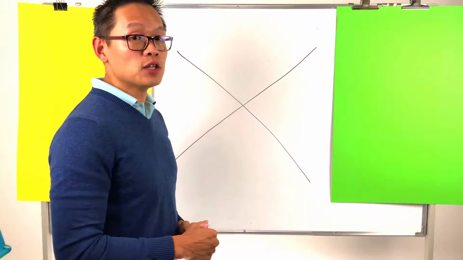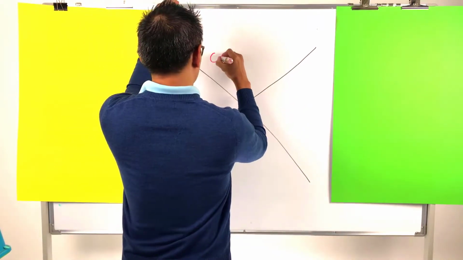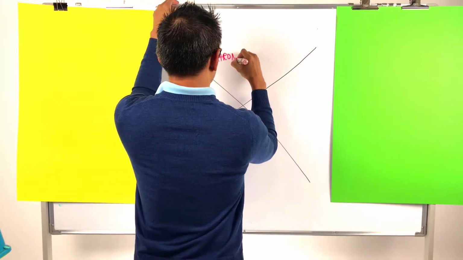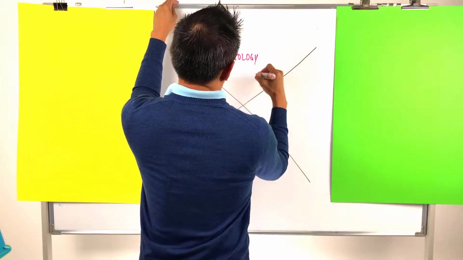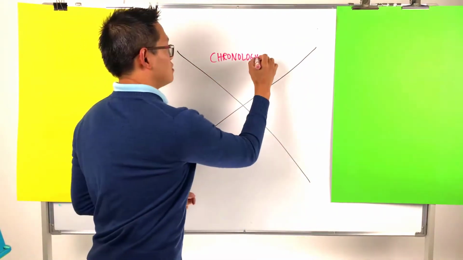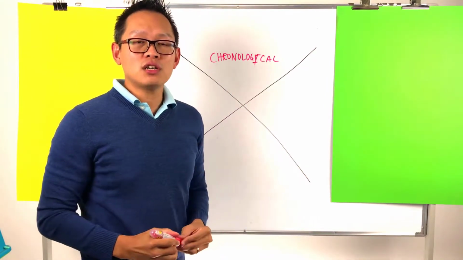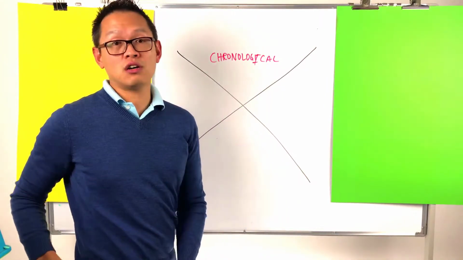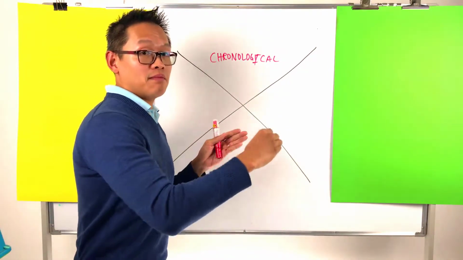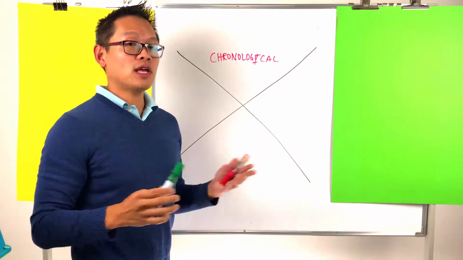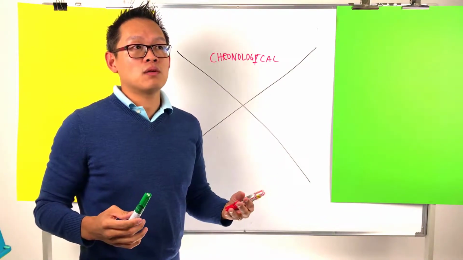I want to share with you the first structure is none other than chronological order. What do I mean by chronological order? Chronological order means it follows a step by step. Okay, today I want to share with you, let's say for example, I want to share with you something about how